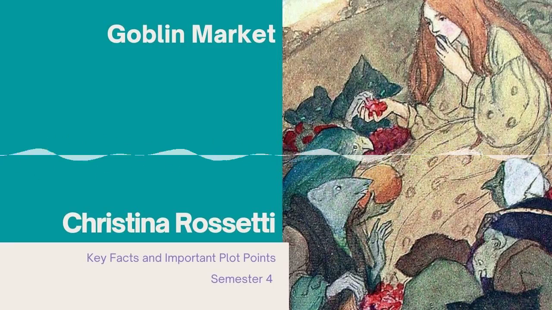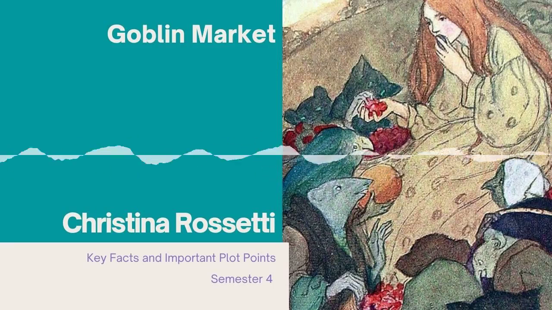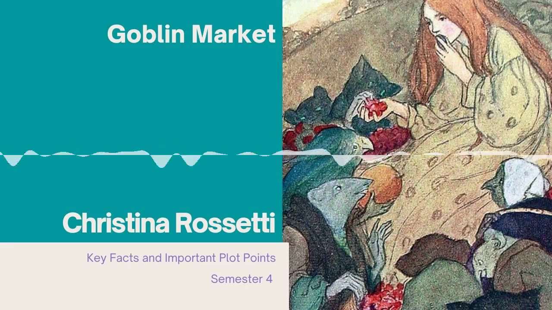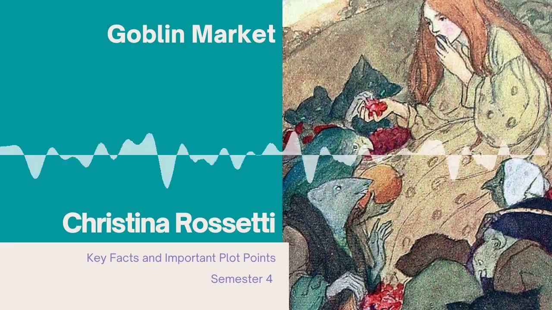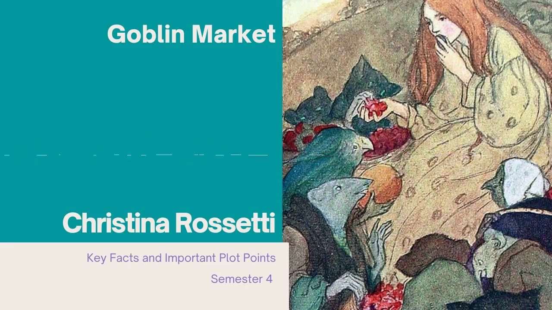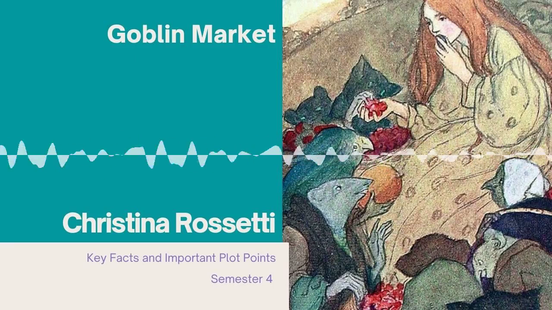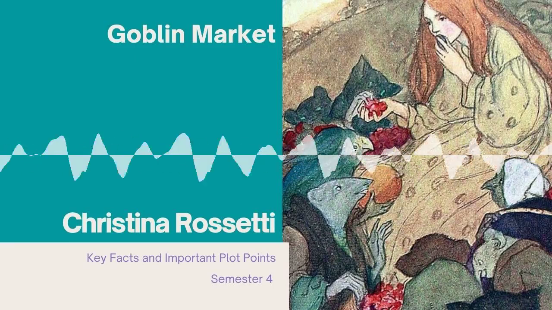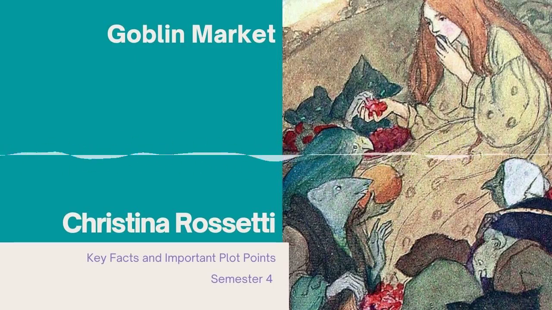So it was written around 1859, right? So you have some context of when she wrote it, because I already told you in the previous lecture that between 1859 and 1870, C.G. Rossetti volunteered with the church penitentiary movement, and during her stay with the movement, she wrote this poem, and it was also published during her stay there. So it was published sometime around 1862, and as you already know, this is the Victorian period we are talking about, and the genre of the poem